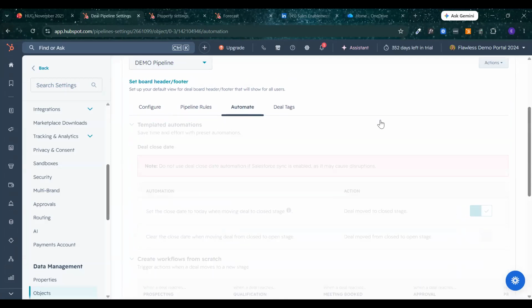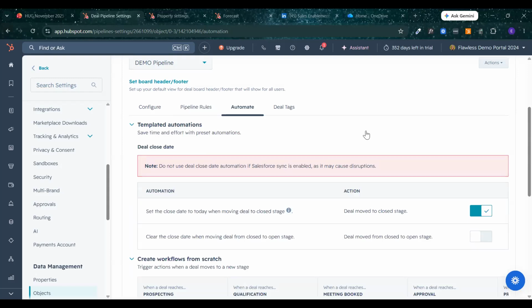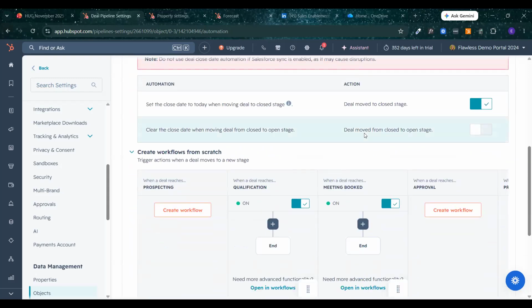Okay. So, automation. Automation is the other section where you can customize how your deals move in the pipeline. We have a couple of preset automations. This one I really like: set the close date to today when a deal gets moved to closed. So that means that when a deal is closed, the close date is the date that it was closed.